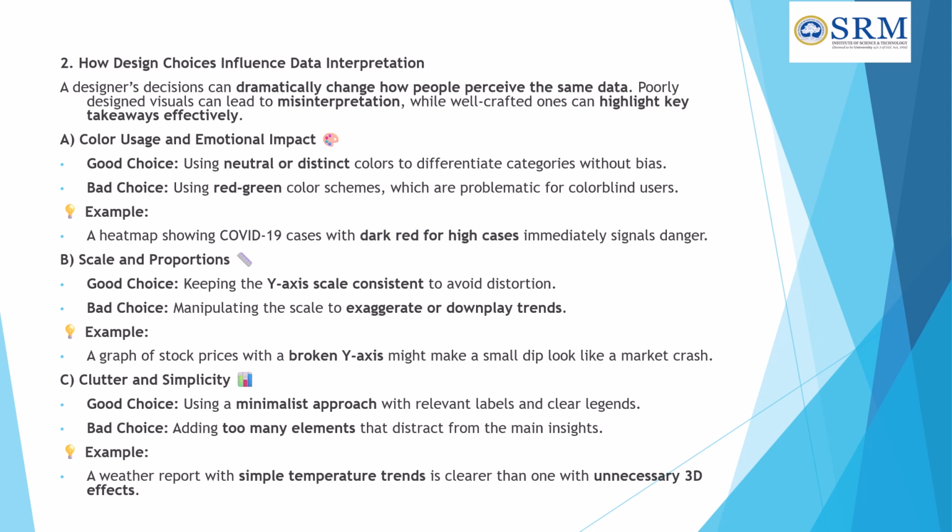The way a designer presents data can strongly affect how people interpret it. Even with the same numbers, a poor design can confuse or mislead, while a good design helps the audience quickly grasp the main message. For example, color choices matter. A heat map using dark red to show high COVID-19 cases instantly signals danger, while red-green color schemes can confuse